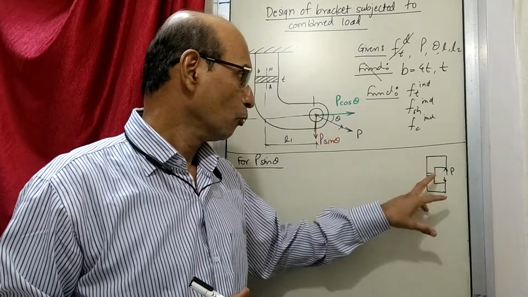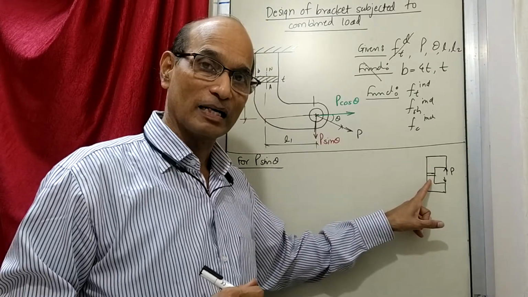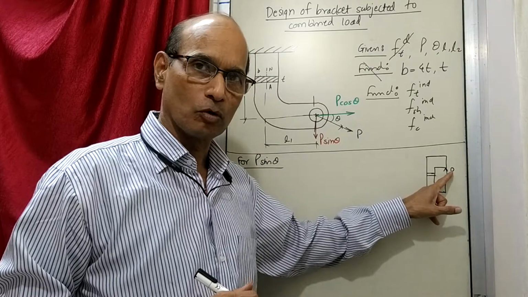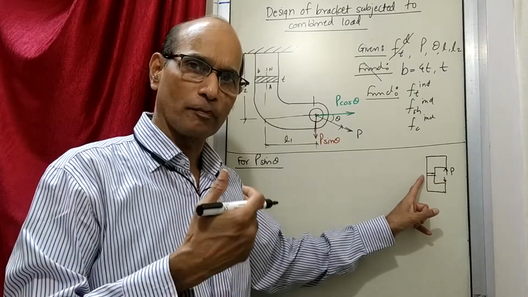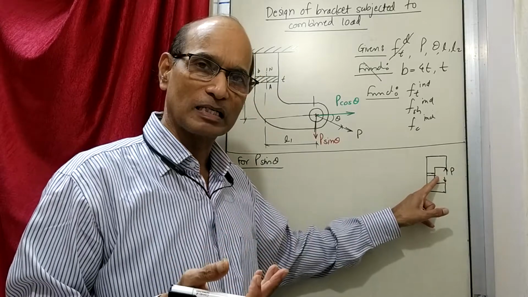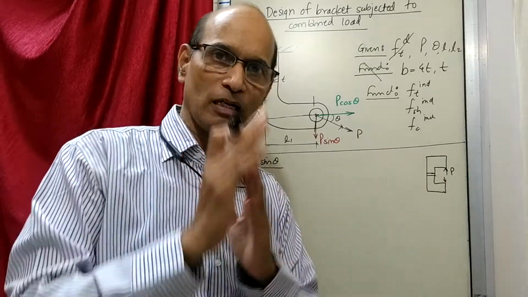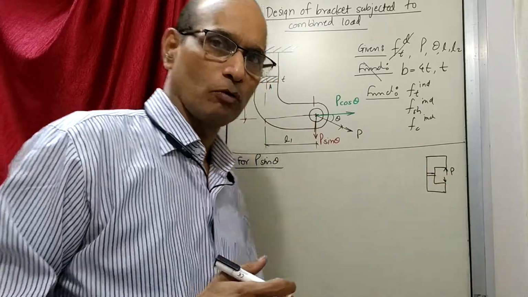So accordingly, whatever we have done here, we have found out what is the direct stress because of this load, what is the bending stress because of this load. The bending stress was here of certain type, maybe a compressive type, here it could be of tensile type and so on. And then we have added the two types of stresses, the effect of direct, effect of bending, effect of direct, effect of bending and so on. That's what we will have to do.